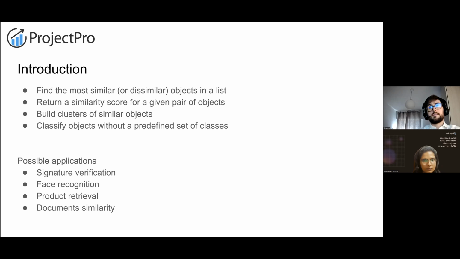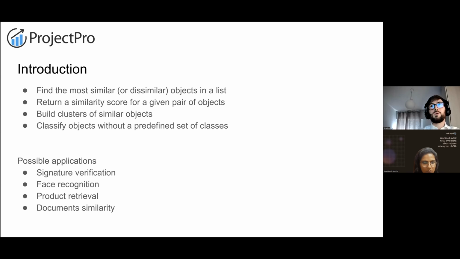And also, this lets us build a cluster of similar objects, since a group of items that are similar to each other is something like a cluster. And we can also use it for some kind of classification when the number of classes is not really known before the training. For example, think of face recognition, a classification problem where we have many different classes and each person is a different class.